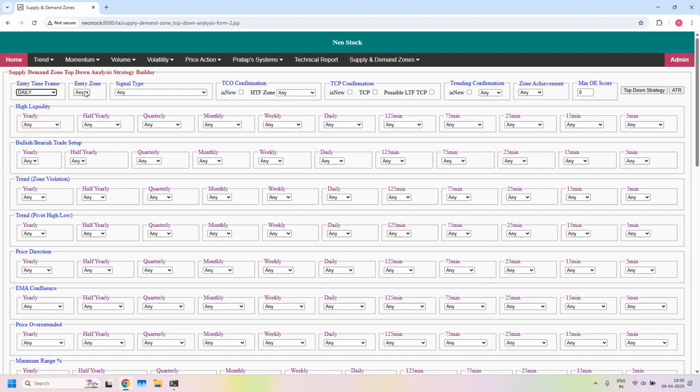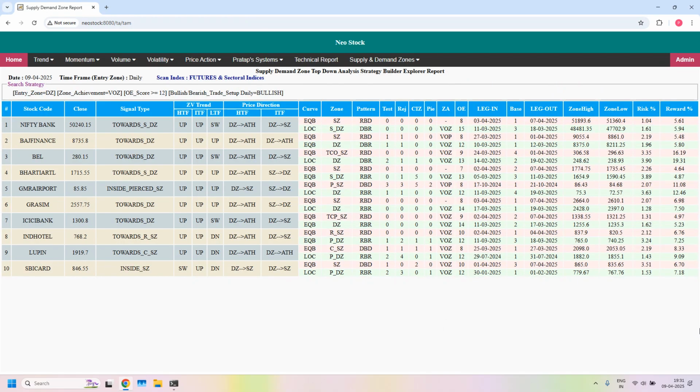Entry time frame daily, entry zone demand zone, bullish or bearish at daily. I'm selecting bullish. Zone achievement, violated opposing zone, minimum odd enhancer score 12. With these filters, we got 10 stocks. Currently, these 10 stocks are supporting bullish trade setup for